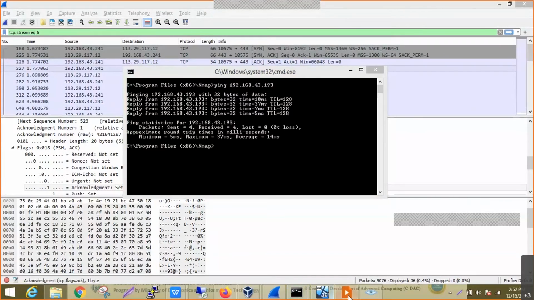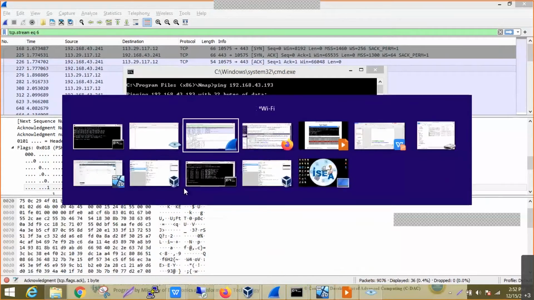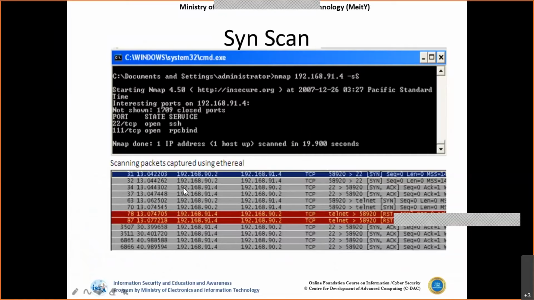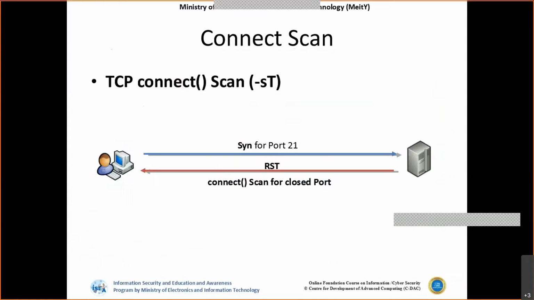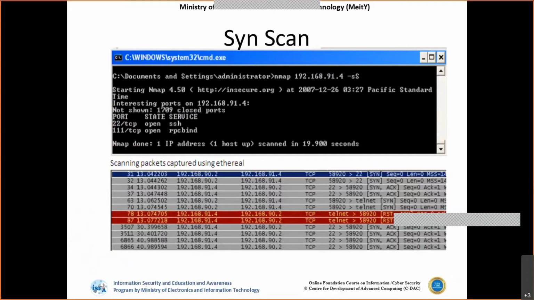Before that, we'll also see why we use scanning techniques and how they can be used, because there are different types of scanning techniques. The first one is called a full scan. The ultimate goal of any scanning technique is to find out whether the destination system is up or not, and which ports are open on it.